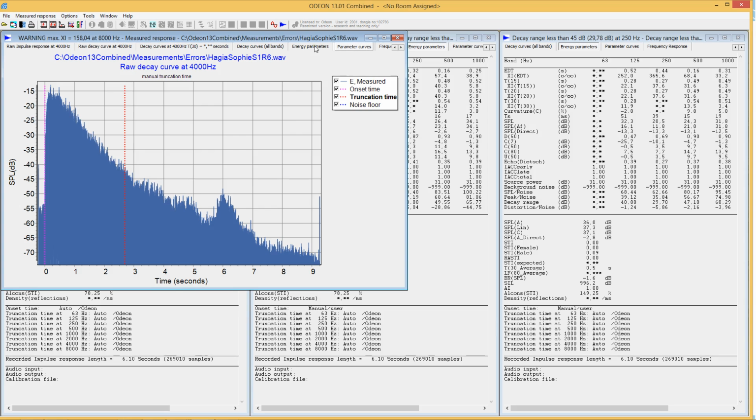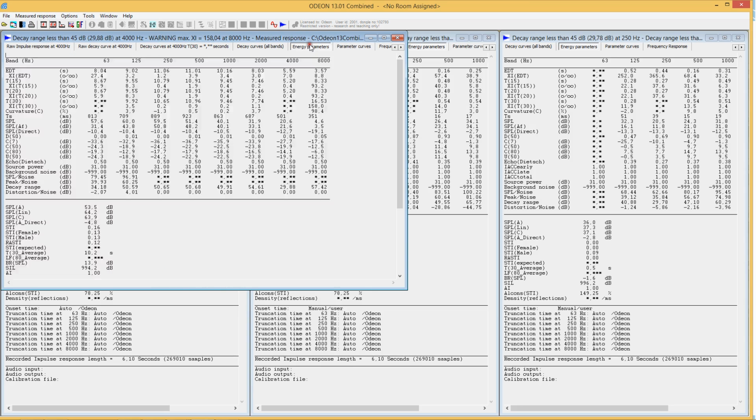In some cases it might not be possible. Let's look here at the parameters. There's a few down here at 63 Hz where the impulse response now is simply too short, but at 4 kHz too. It's also where I made the manual truncation time, it's too short to obtain T30. So that was the limitation there.